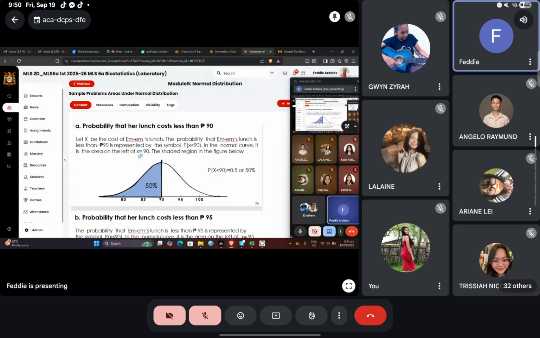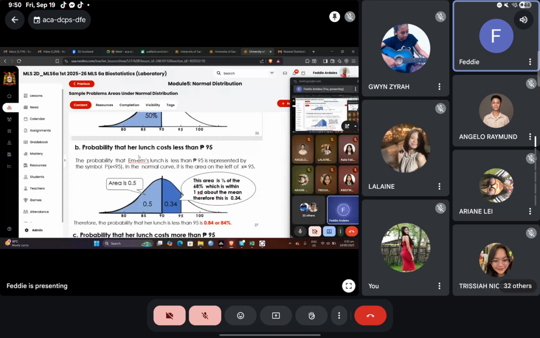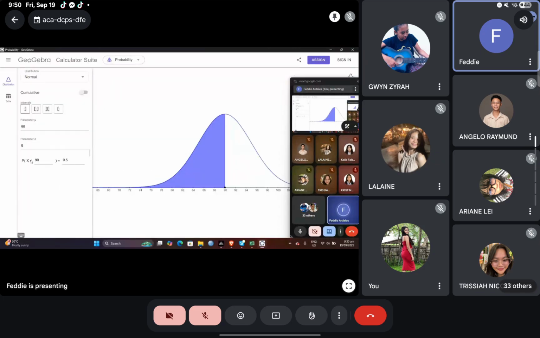For letter B, the probability that her lunch cost is less than 95. If we use GeoGebra here, less than 95, the answer is